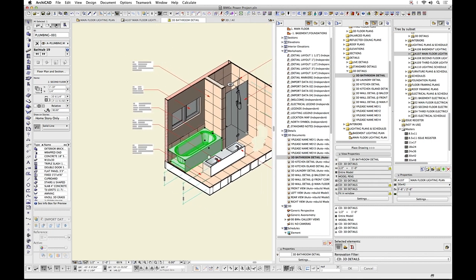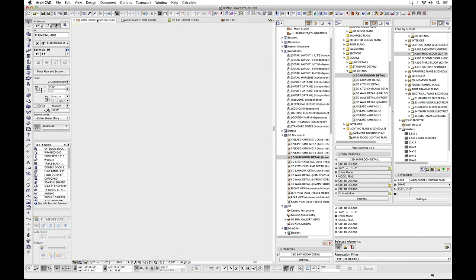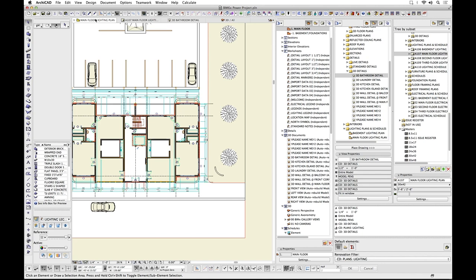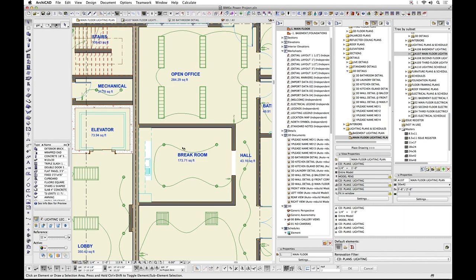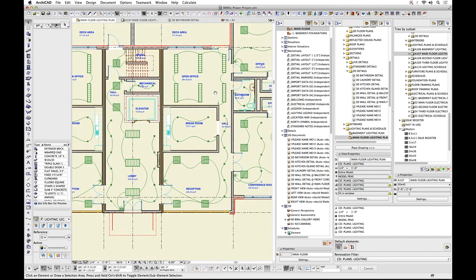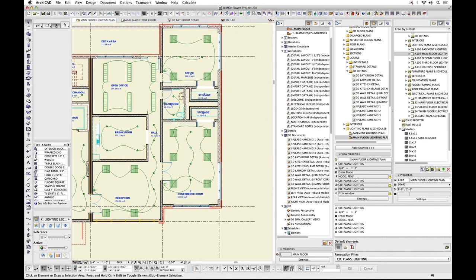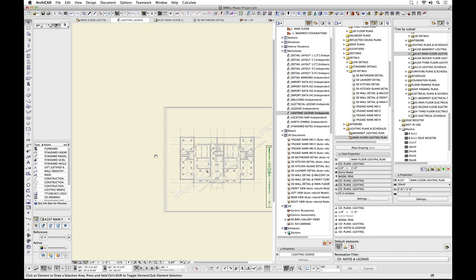Another thing that you might want to do as far as legends go, we'll just have a look at main floor lighting plan here. So this is our lighting plan. It's the same model, but just got the layers and the options turned on to make it look like a lighting plan. And what I've done here is I have a lighting legend and a worksheet,